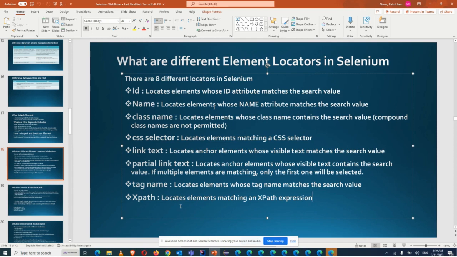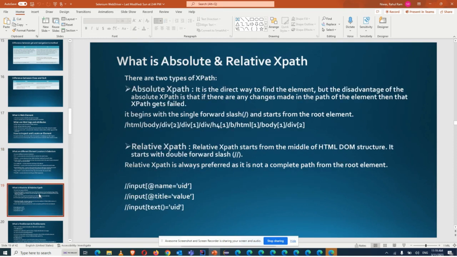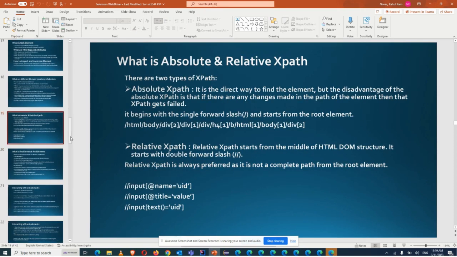Use some XPath as well to locate that particular element. There are multiple XPaths, like absolute XPath and relative XPath. They often ask in interviews what the difference is between absolute and relative XPath. Absolute XPath is the direct way to find the element, but the disadvantage of absolute XPath is